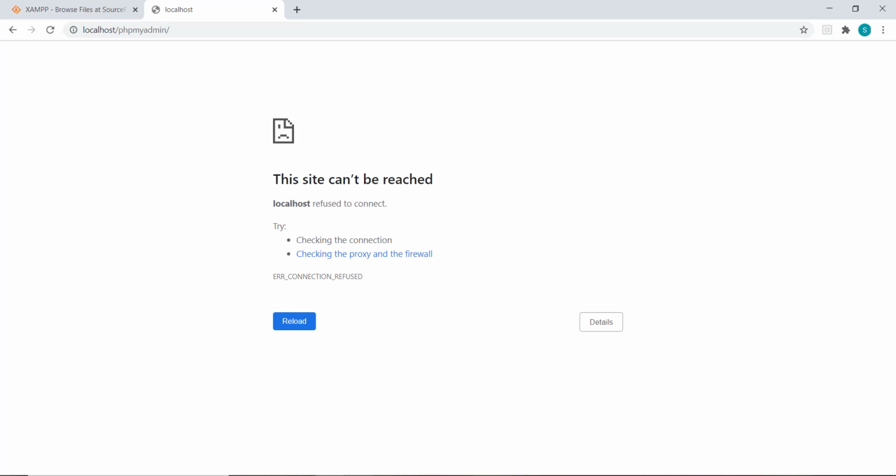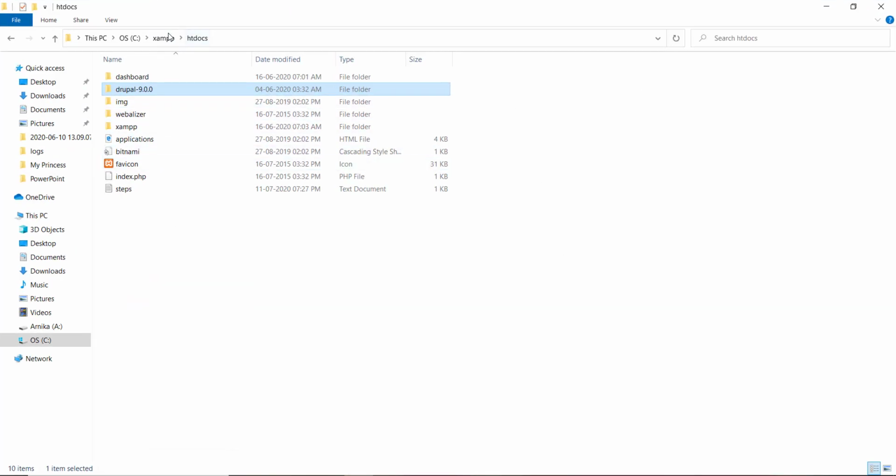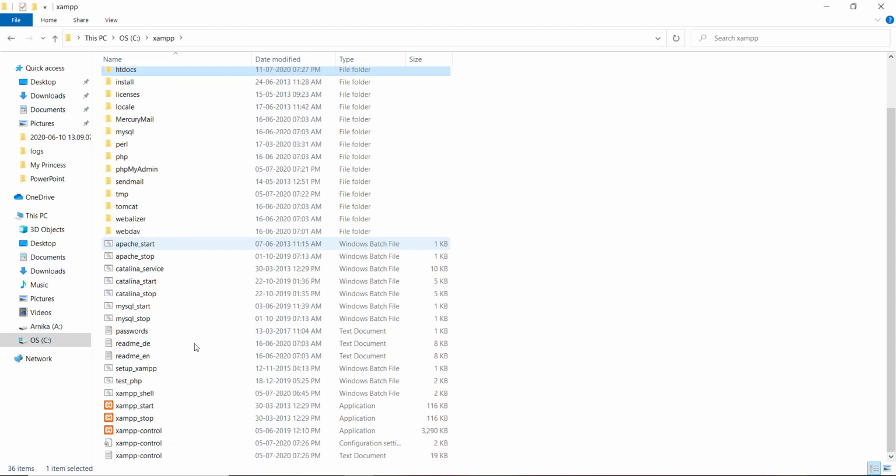I have not enabled the XAMPP control panel on my machine. So here you go to the XAMPP control application. It is an exe file in the XAMPP root folder. Here you will see the icon.